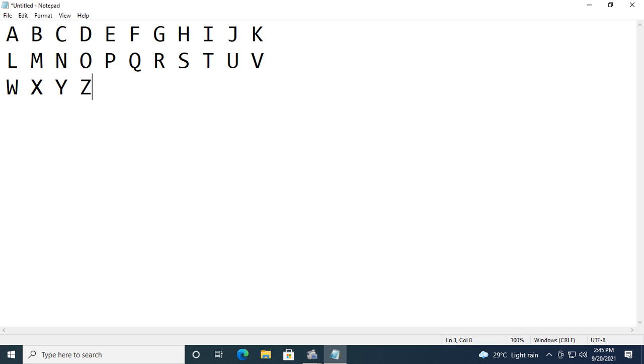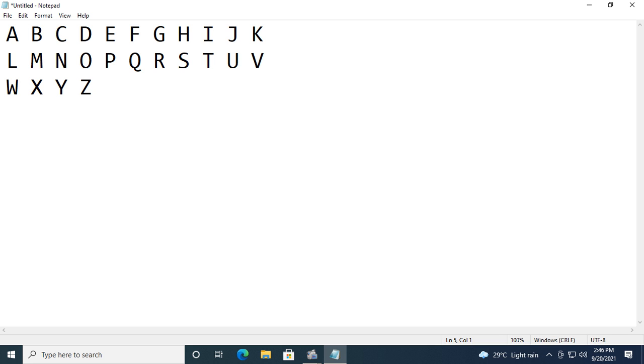Now I am going to erase the Z, Y, X, W and type it again. For that I have to press the backspace key. See here. It is just like an eraser. So I have erased it. Now I am going to type it again: U, V, W, X, Y and Z. Now I am going to come to the next line.